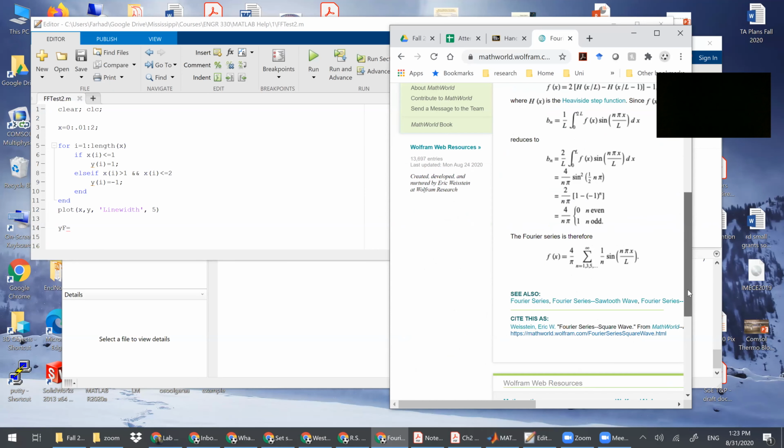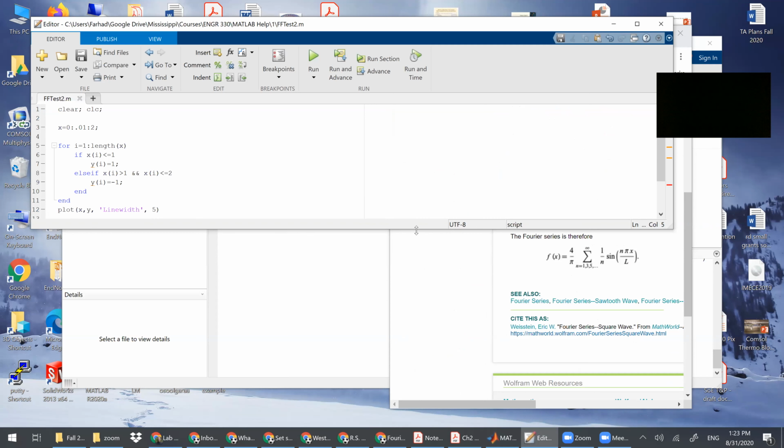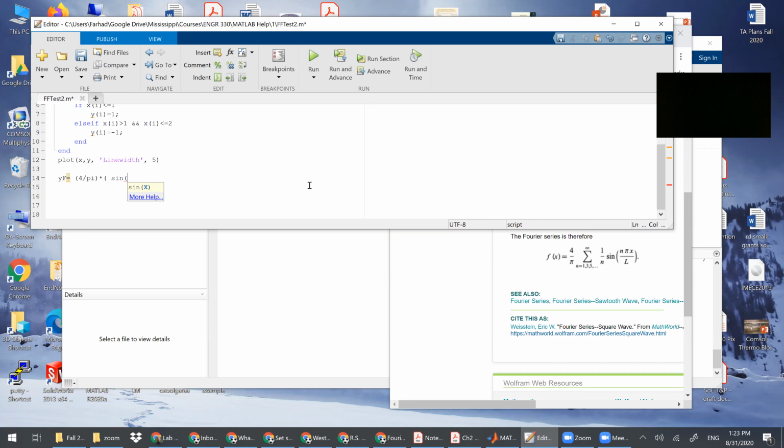Okay, so I should put 4 over pi. I want to go all the way to the 7th. By the way, pi in Matlab, you can just type pi, multiplied by this whole thing. Let's put a space between parentheses so I can see easier. Sine of pi times x